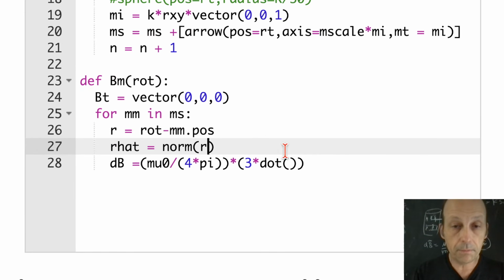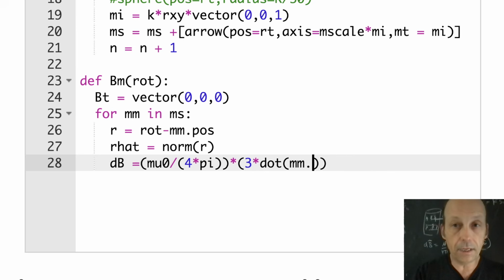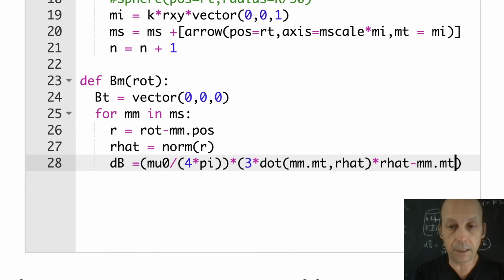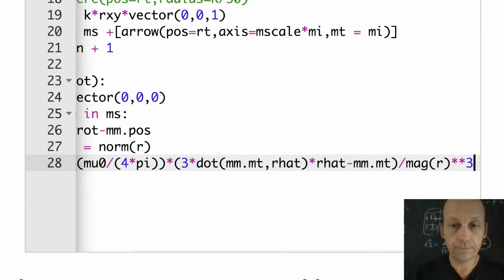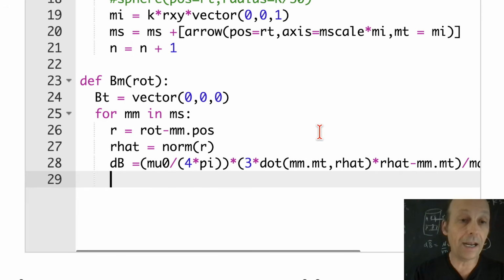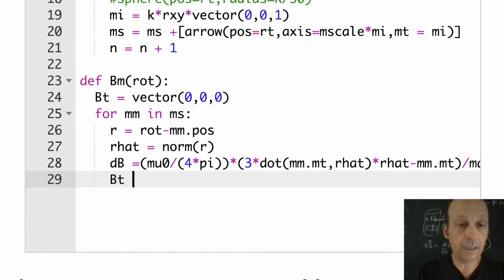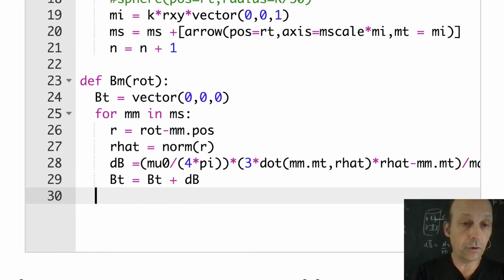So it's going to be dot mt, right? That's that dipole moment, and r hat times r hat minus mt, and all of that divided by mag r cubed. And now I'm going to add that to the total. BT equals BT plus dB. And then I'm going to return